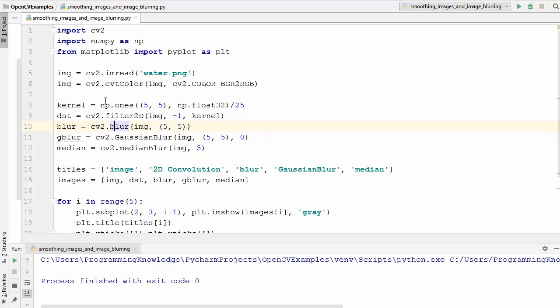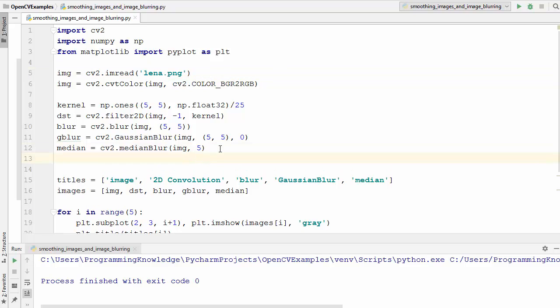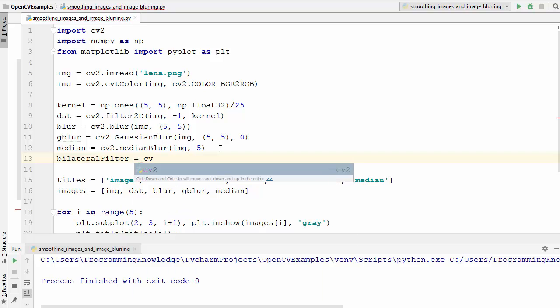That means we need all the edges to remain sharp even if the image is blurred. So let me show you one example. I have this lena.png image. I'm going to define a variable called bilateral filter, and then there is a method called